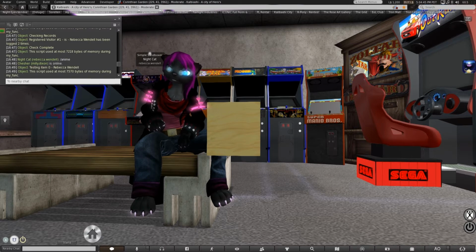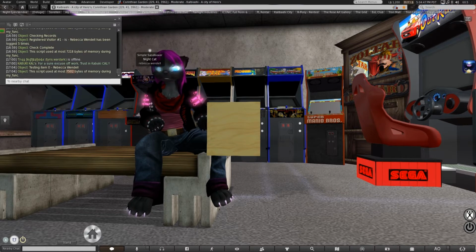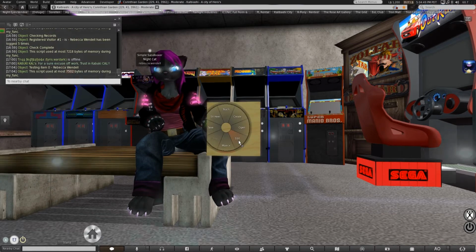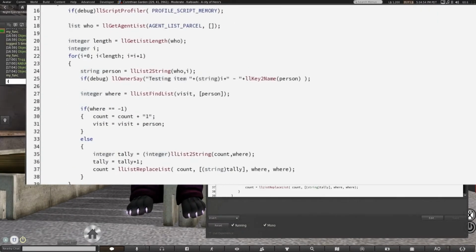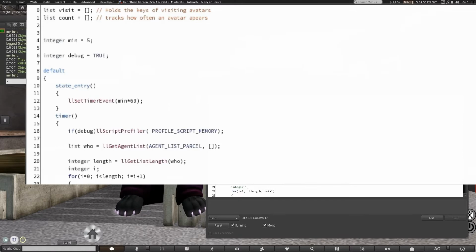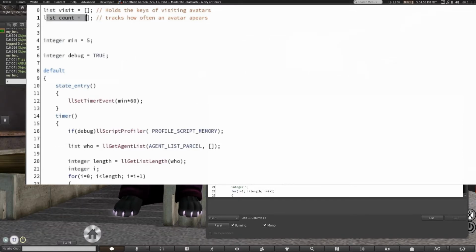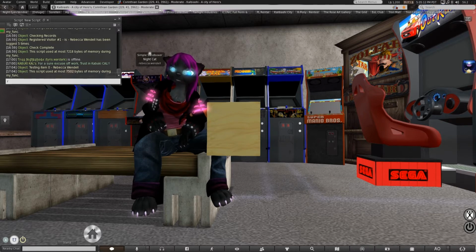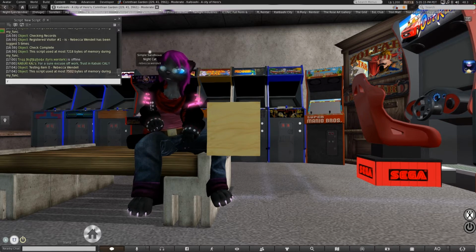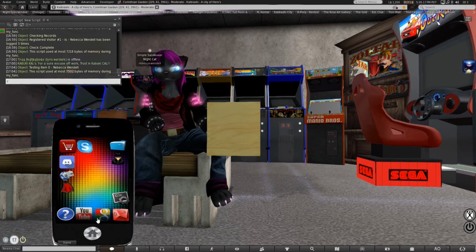The only thing that will continue to climb in terms of memory capacity is the actual list that stores the two lists, visit and count, that keep track of the logs of a person coming through. And if those run over, it's not going to start dropping you off the sim or lagging you. It's going to give you something called a stack heap collision, which